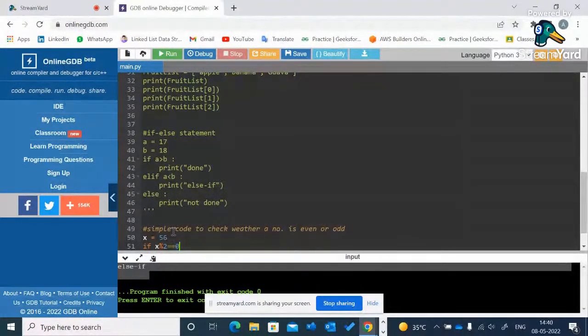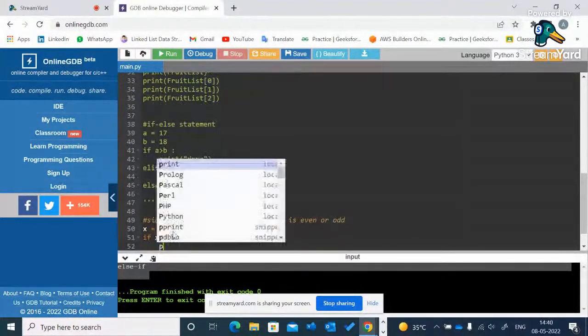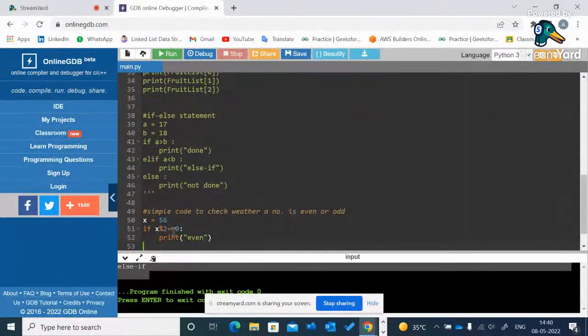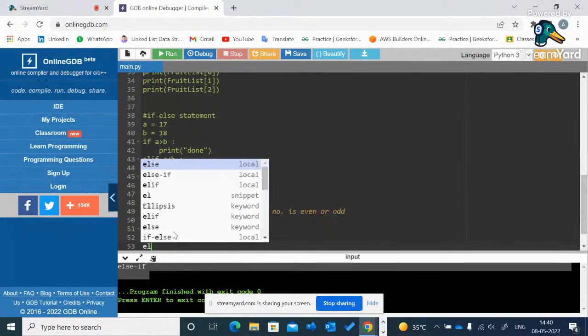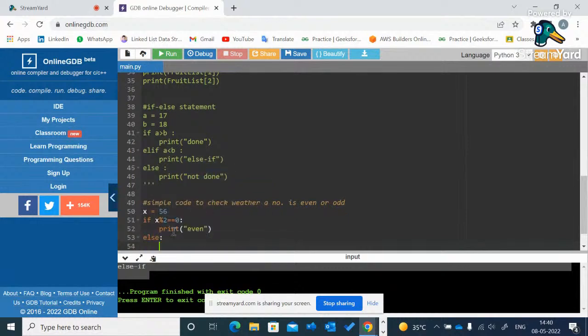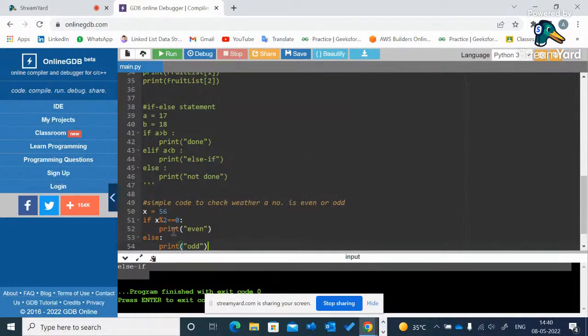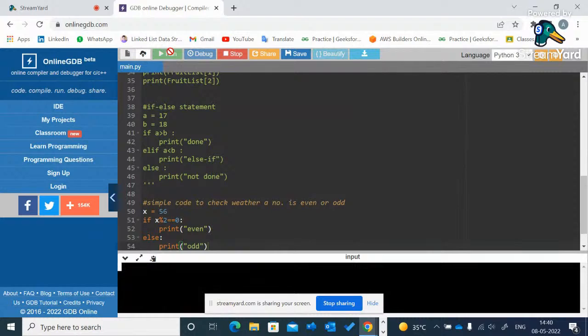If they are equal, this is going to print even, and if the number is not divisible, print odd. Right. So if I run this,